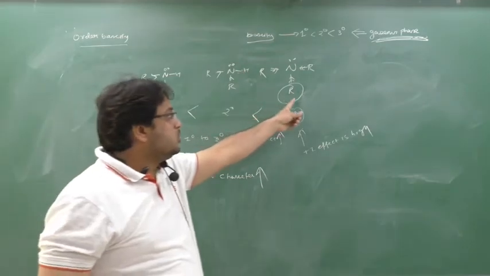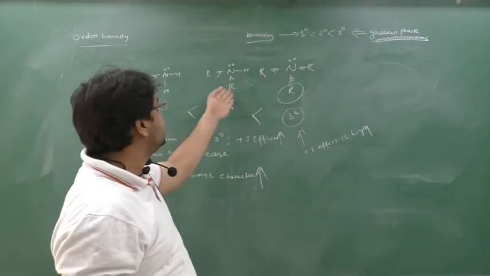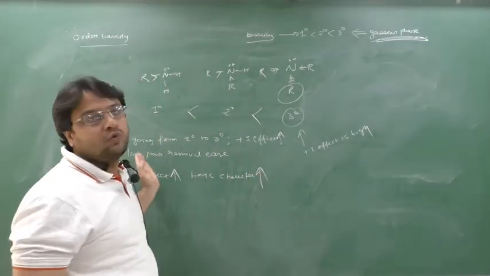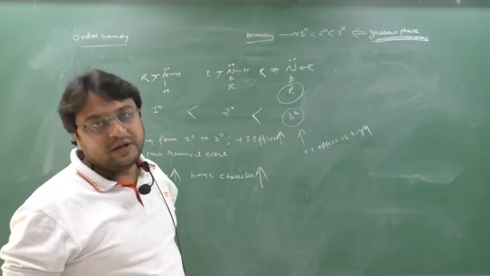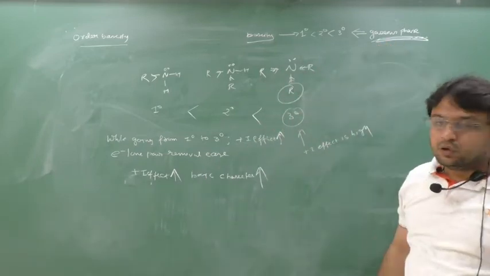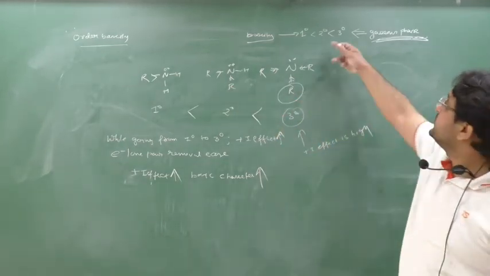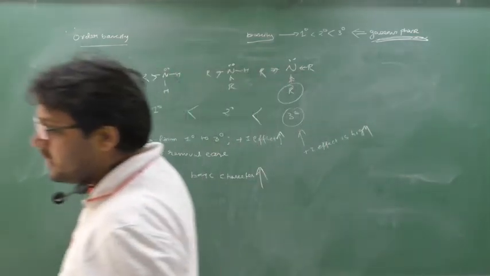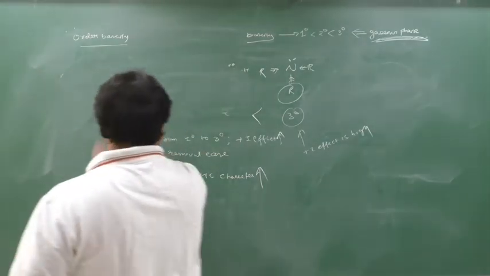Here there are 3 alkyl groups, 3 plus I effects, more push on this lone pair, easier removal as compared to 2 degree and 1 degree. Easy removal of the lone pair of nitrogen means more basic characteristic. So 3 degree is more basic than 2 degree than 1 degree. Understood? But when these amines are dissolved in water, the trend will change. The series will change. What is the series? We'll check it out. First you write down: 1 degree amine is less basic than 2 degree, then less than 3 degree. That is, 3 degree is the most basic in the gaseous phase. Now we'll see the liquid phase. Chalo.